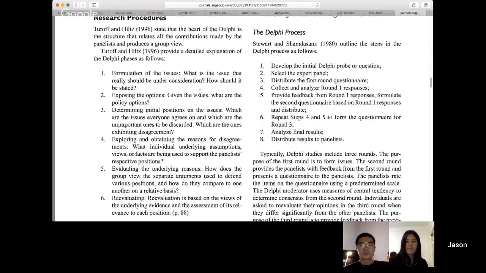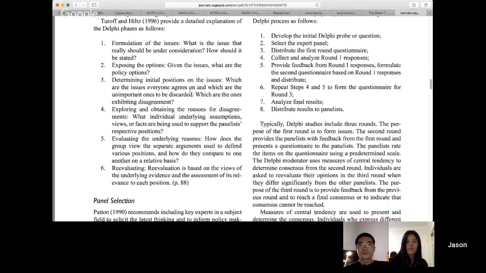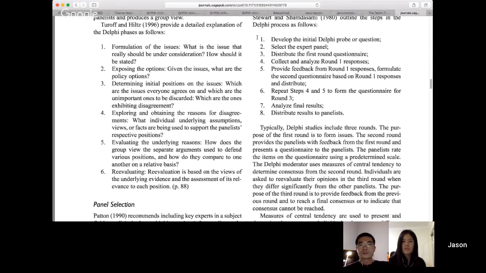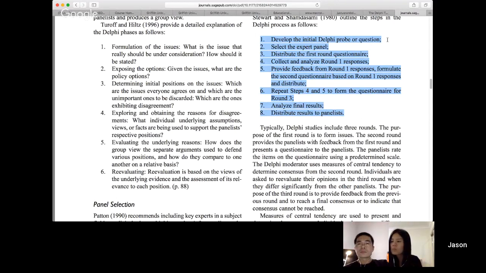The process, okay, a couple of different processes here. Let's choose this one. Here, you develop your initial question. So it may be, what's the best educational technologies to use in a school? You select your experts. You give them a questionnaire, which will be a series of questions related to that initial question. Sometimes you actually go through a process where you get the experts to help develop the questions. We won't be doing that in this particular case.